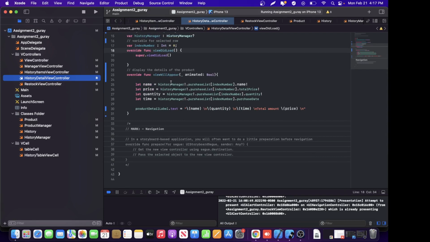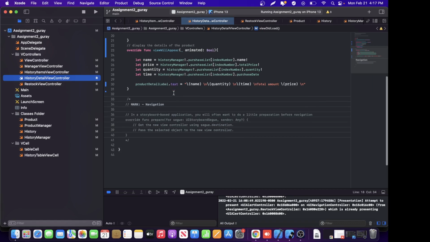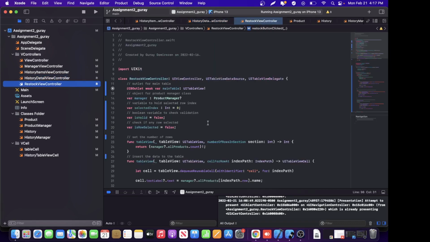And when this page appeared, we get the name, total price, quantity, and the purchase date from our purchase list, which is inside our history manager class, and we just put this product detail in our labels. And then this is our restock